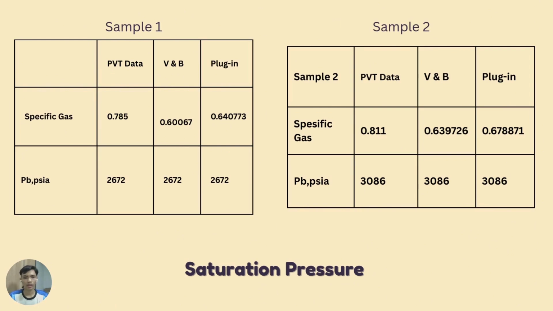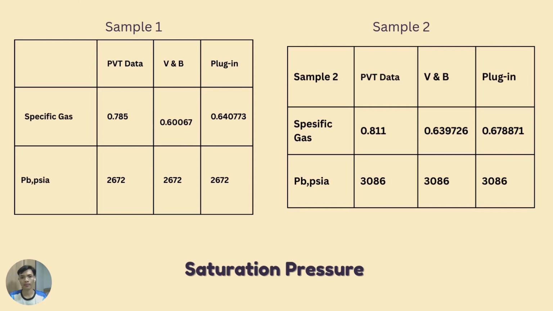And then for the best case embed, we need to use the formula of the correlation as in the SPE text. And then we plug the values into that equation, and we will get a value which is 2000-something, lower than the report value. So we need to use the goal seek function in this situation in order to alter the value to get the correct answer, which is 2672. Same goes for the plug-in value, which initially differs from the exact value, and then we use the goal seek function,